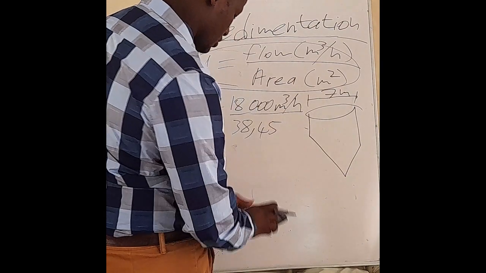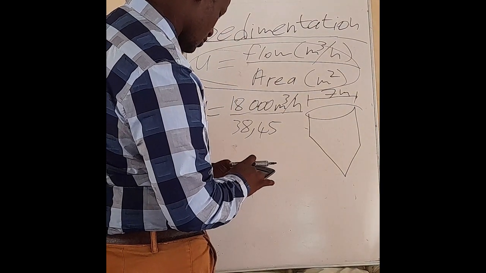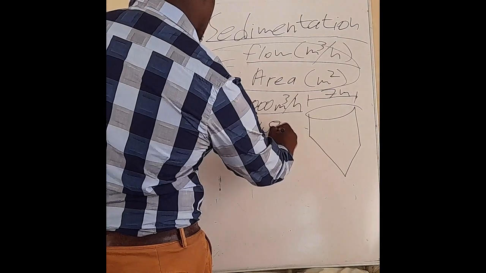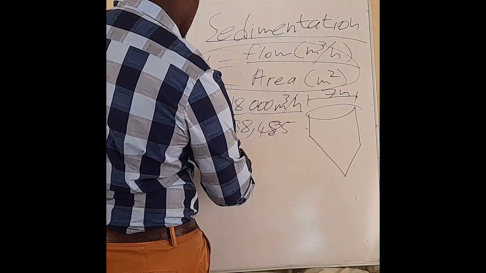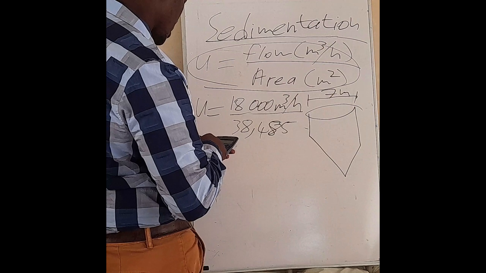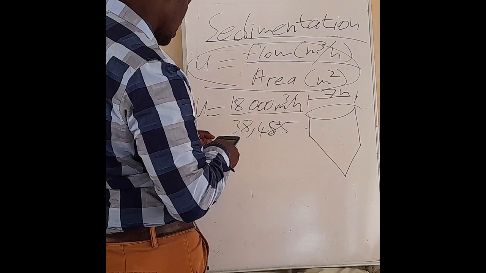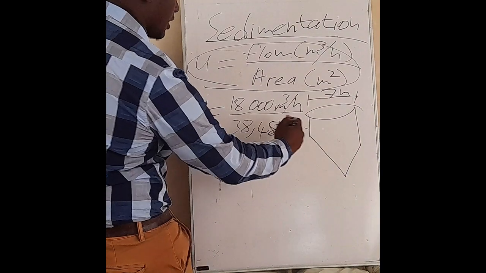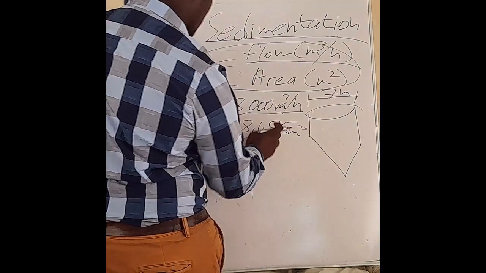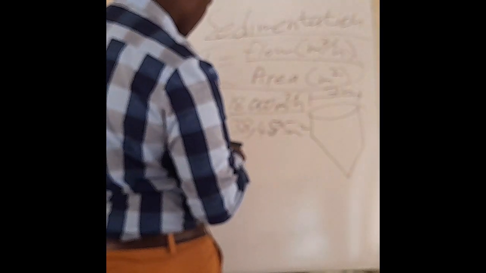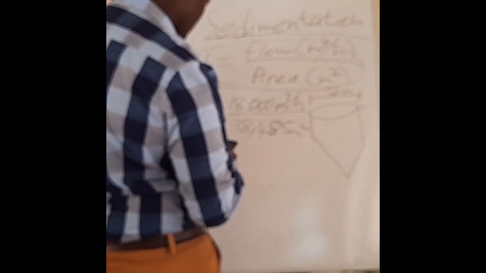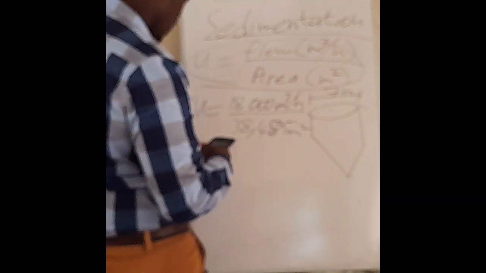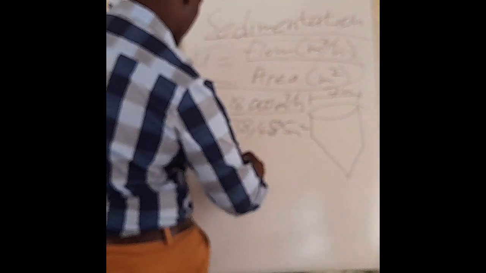38.45. Let me just recheck. There's 38.485. Okay, and then we'll just say 18,000 divided by 38.485, and the unit for this is meter squared because it is our area. So it's 18,000 divided by 38.485, and our answer comes out to